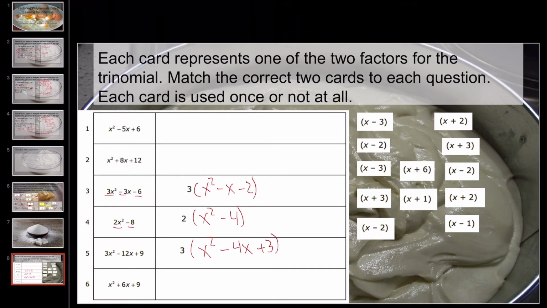I'll start with number 3. Looking at this, we need to find out which pair of 2 cards could multiply to make x squared minus x minus 2. If we want to make this negative 2, then that means we're going to need some small factors, like something with a 1 or something with a 2. If we pick any of the things with the 3s or the 6s to make number 3's answer, then it's going to multiply to make something too large. So I'm going to check and see